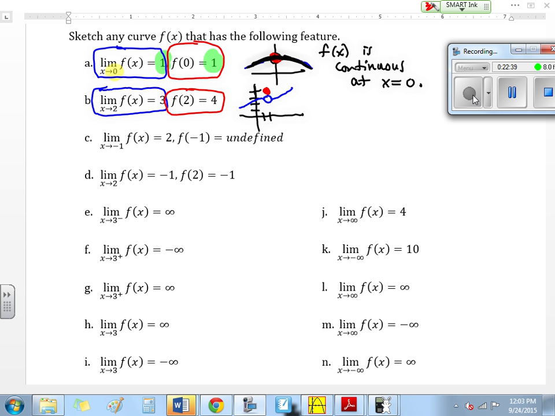So the limit exists, the limit is 3. The point exists, the value is 4, but they don't agree. They're not the same number. So we would say that f of x is not continuous. See that? There is a slight hiccup in the graph. If you try to draw this graph, you would have to lift your pen to plot that red point. Okay, so the final graph is the black. F of x is not continuous